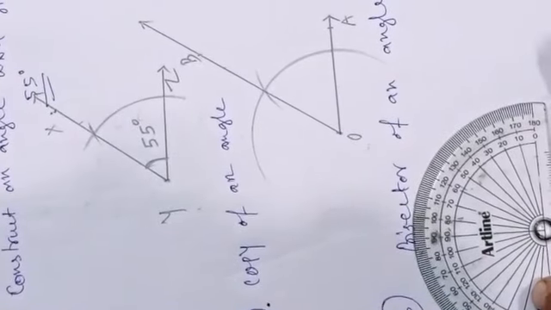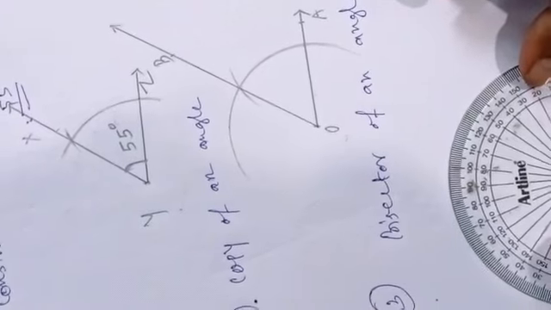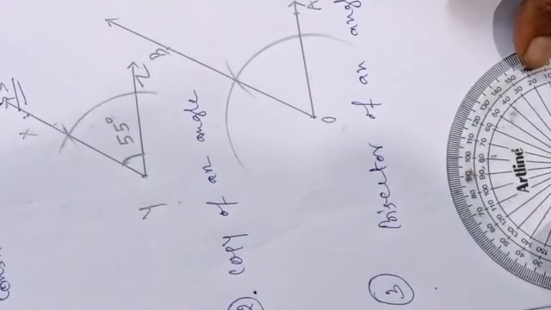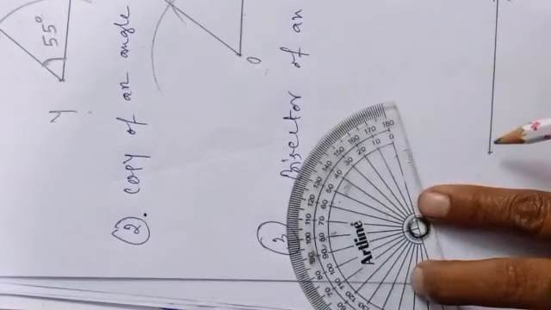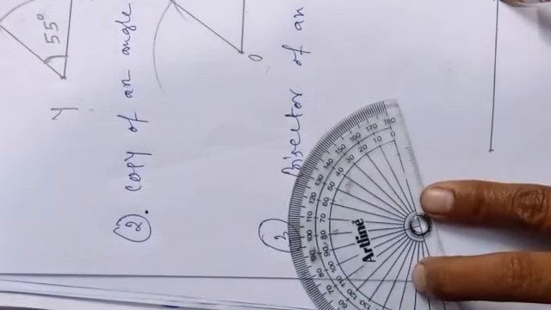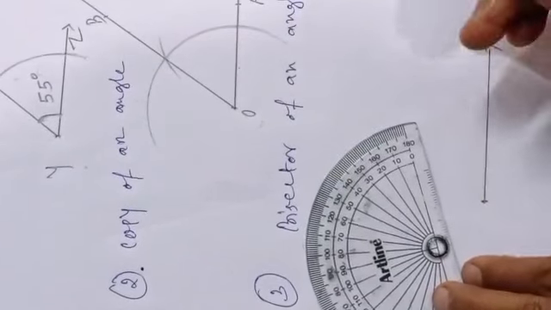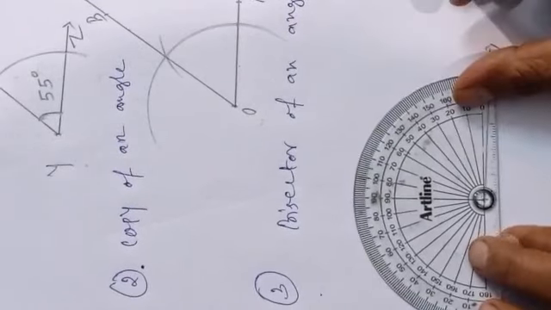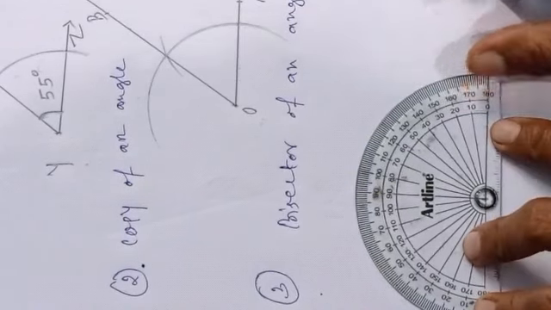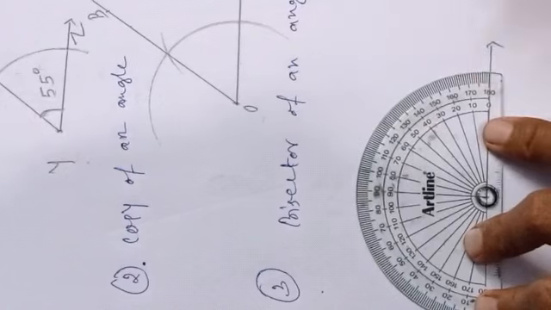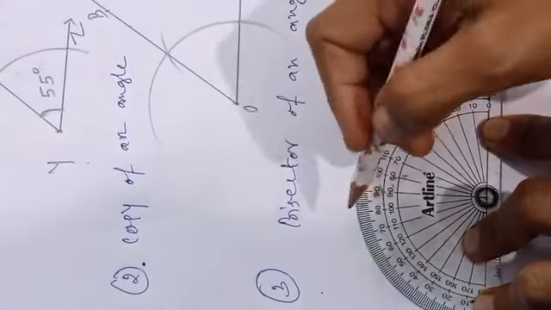This one I am considering as vertex. This is the base ray. Here I am putting that center. See, first I have drawn this arm. I will consider this one as the baseline. So here this is the center, and I will consider that as the center of the protector, because I am going to take one perfect measure of a perfect angle to make you understand that when we are bisecting this one, we are getting the correct one or not.